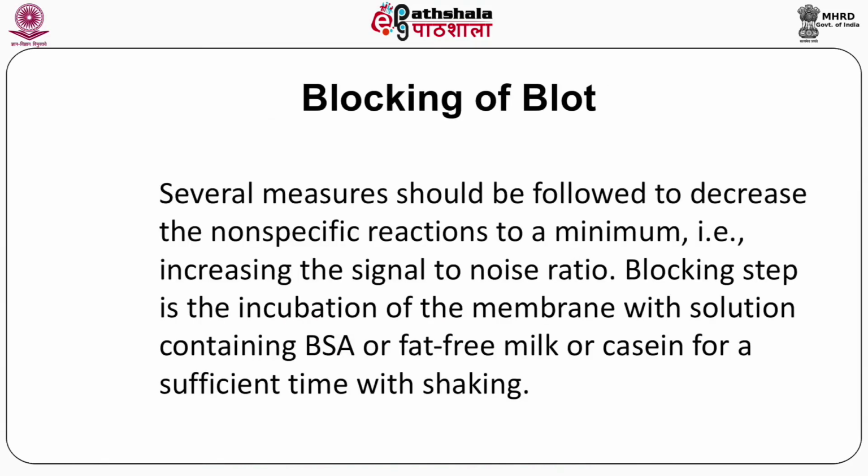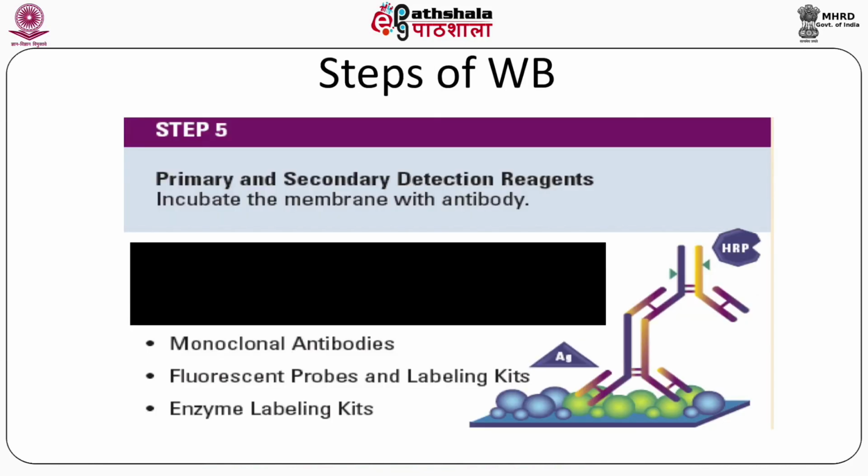Several measures should be taken in order to decrease the non-specific reactions and to increase the signal to noise ratio. I was just talking about the blocking step, which is one of the very crucial steps. We could block it either with BSA or with non-fat milk. And these are the steps with the antigen, primary antibody and secondary antibody. The secondary antibody is conjugated with horseradish peroxidase, or HRP, and when you add the substrate it produces a reaction that gives you a colored product. If it is a chemiluminescent reaction, you get a signal of light, and that light can expose a photographic film, and you get a band out of it.